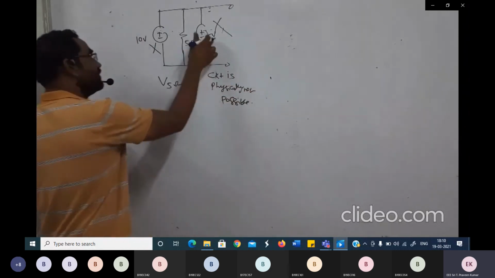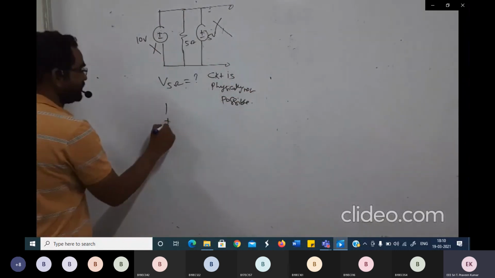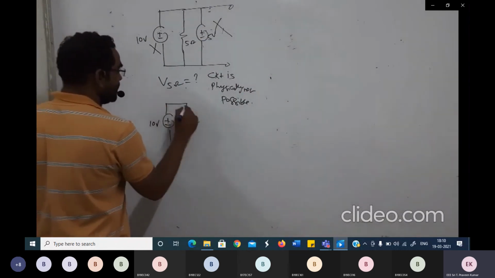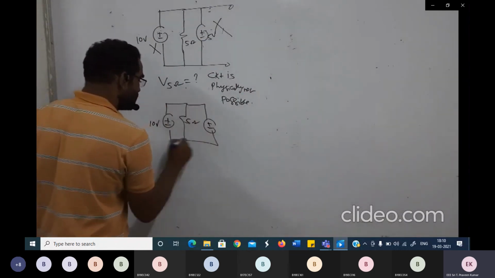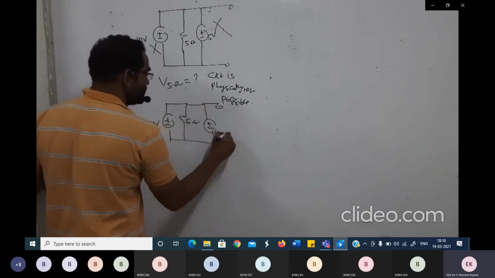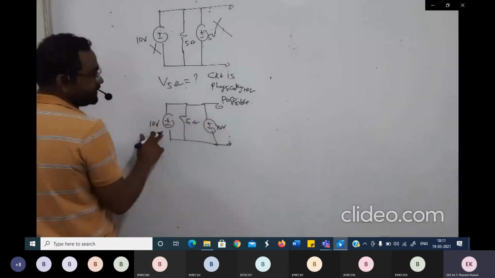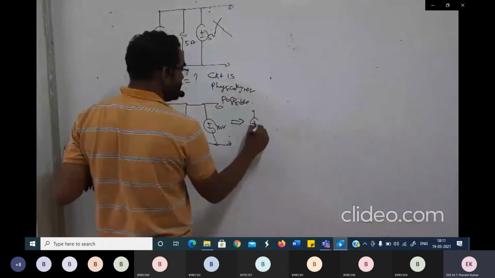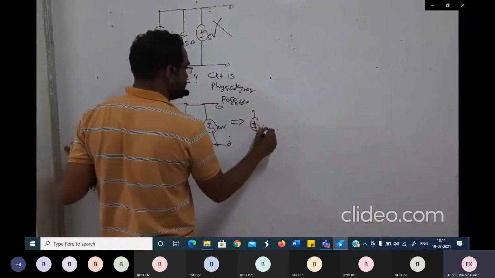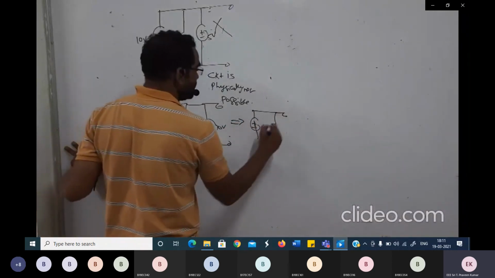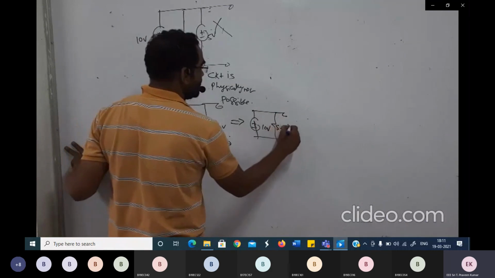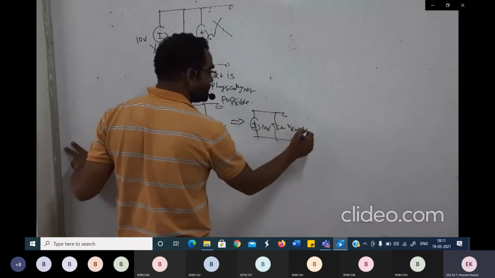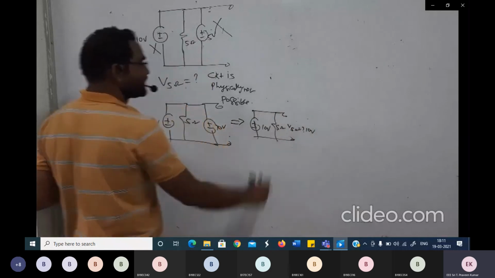Nothing but if both the sources are of 10 volts, if this is 10 volts, this is 5 ohm, and this is also 10 volts, then only you can say that you can connect like this. Because what happens to this circuit, both are connected in parallel, it becomes 10 ohms, then this will be your resistor, and you can calculate your voltage across 5 ohm now, right? Because this is connected in parallel.